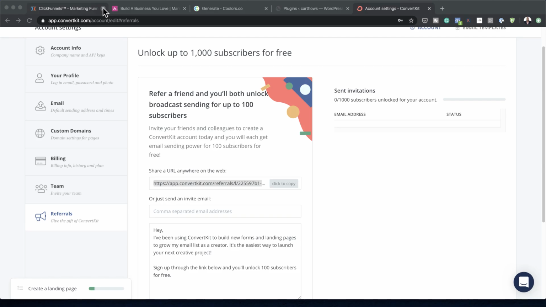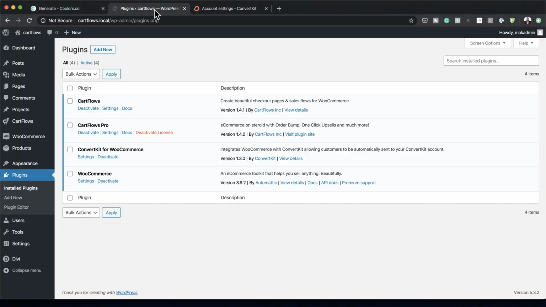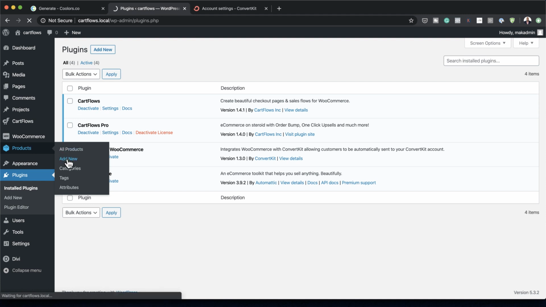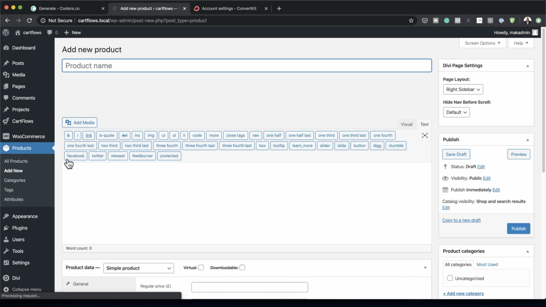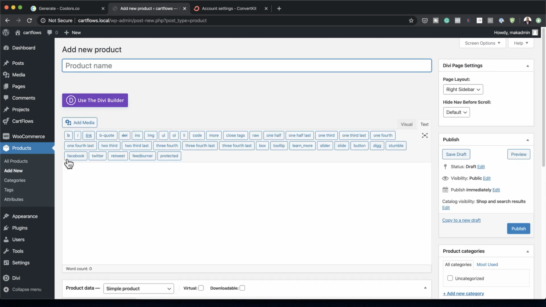Now let's head back over here to our website. These are the plugins that I've installed. The only paid one here is Cutflows Pro, which Karen has just bought. Once we have all this, the next stage is to set our products. So I'm going to come over here to products and click on add new. The most important thing here is to add the products. In this case, we want to add